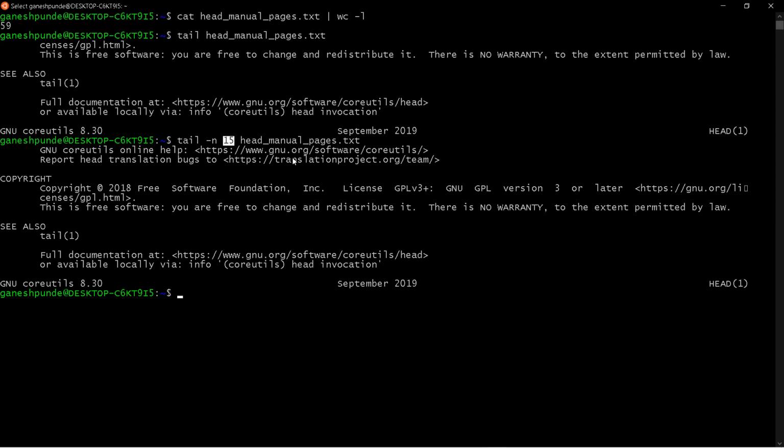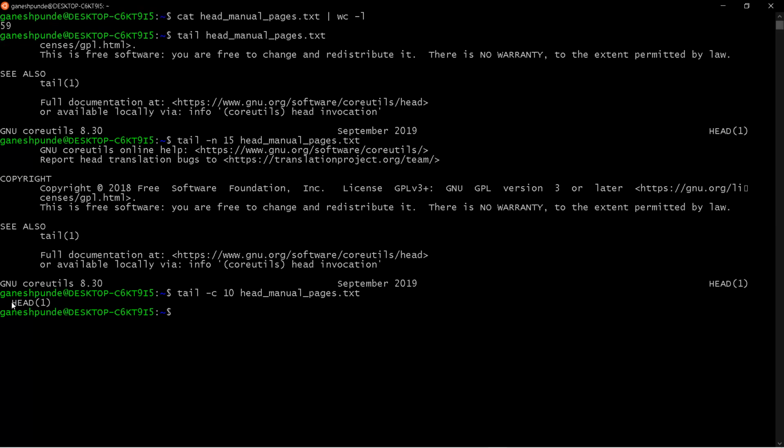If you specify options, you can specify the number of lines, and you can specify the number of characters as well. So for example, tail -c 10, and I say the head manual pages. You can see it will show the 10 characters, but from the bottom.